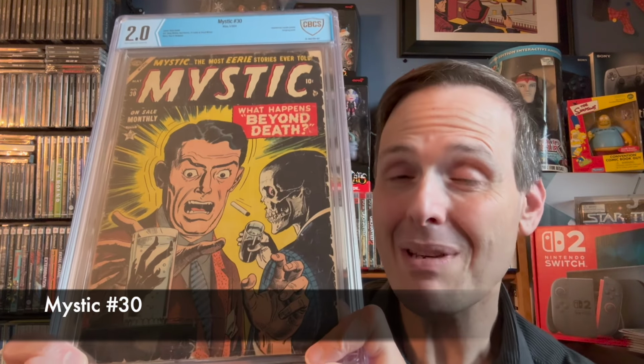It's the first time coming into my collection, and it's low grade, which I typically don't get super low grade. But I bought it because I thought the price was right, and I just don't see the book. Eventually it's going to be upgraded when I find the right copy, but I just never seem to find the right copy. So I figured, what the heck. Here we have Mystic number 30. This is a CBCS